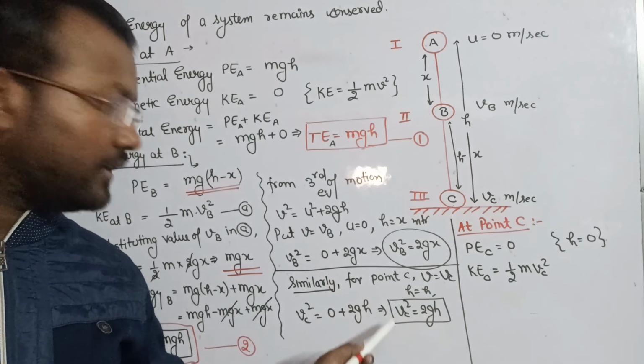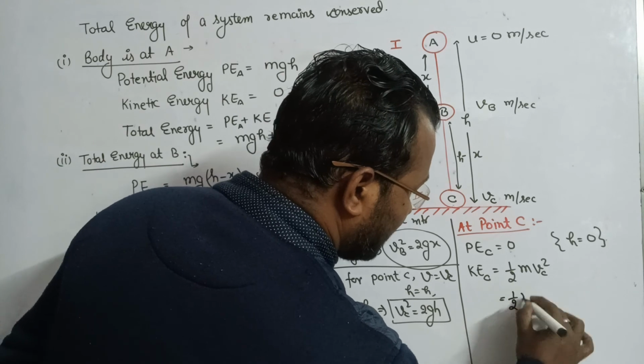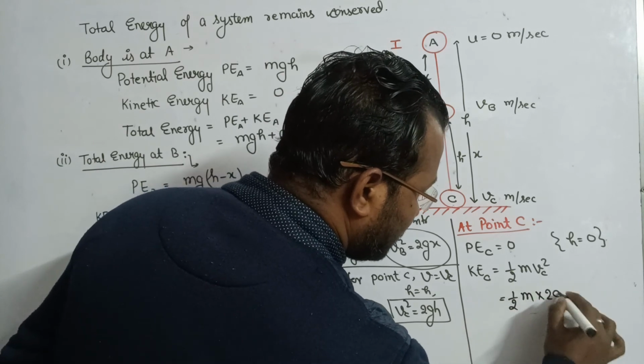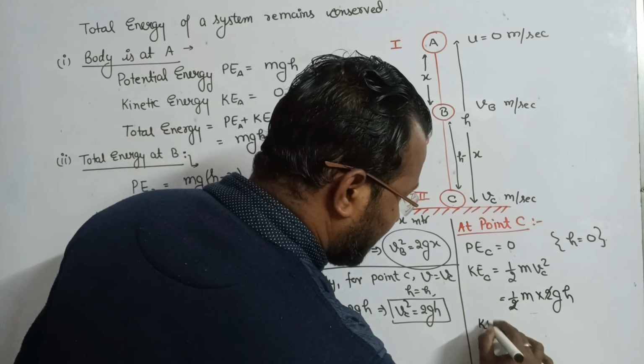So this is the value of Vc square. Putting this value here, we will have 1 by 2 m into 2gh. 2 and 2 cancel out, so the kinetic energy becomes